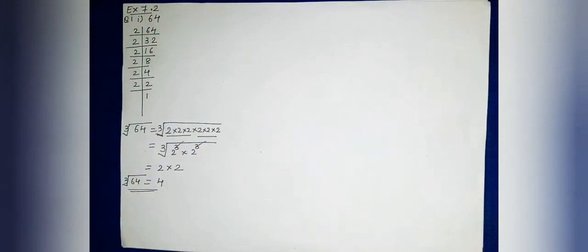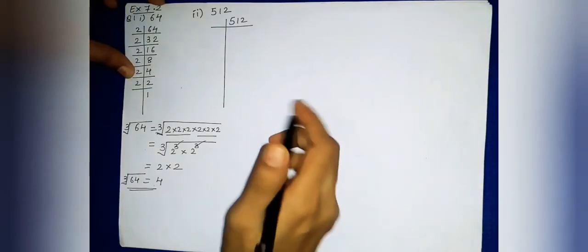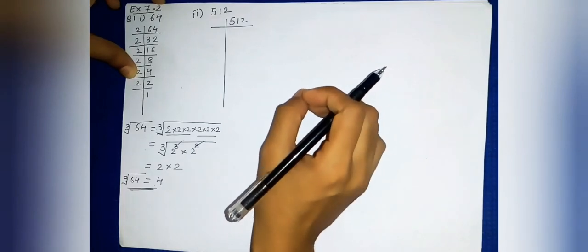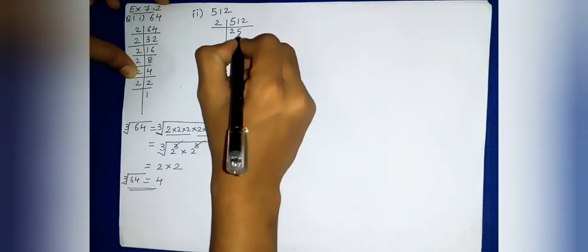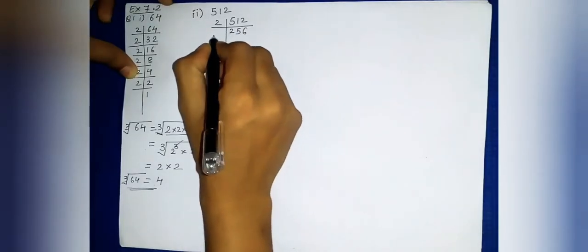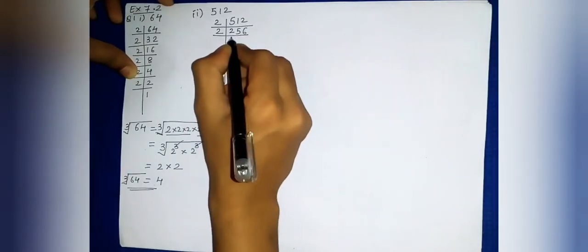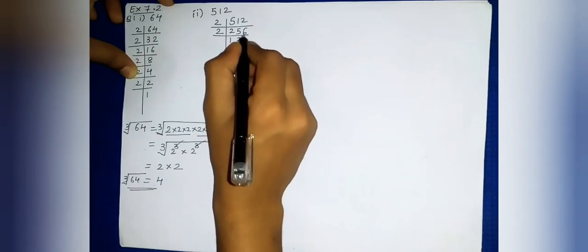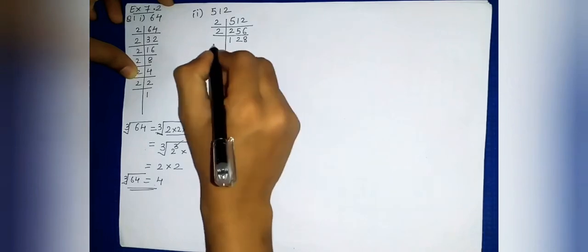Now we will see the second one. The second question is 512. Again we will take out the factors by prime factorization method. So we will start with 2. 2 2s are 4, 1 and 1, 11. So now 2 5s are 10. Again 1 left, 1, 2, 12, means 2 6s are 12. So 256. Now in the next step again we will take 2. So 2 1s are 2, 2 2s are 4. Now here 1 left, so 16 means 2 8s are 16.